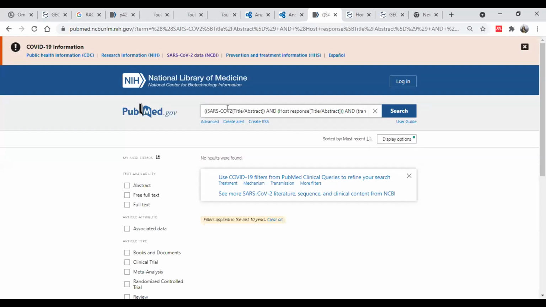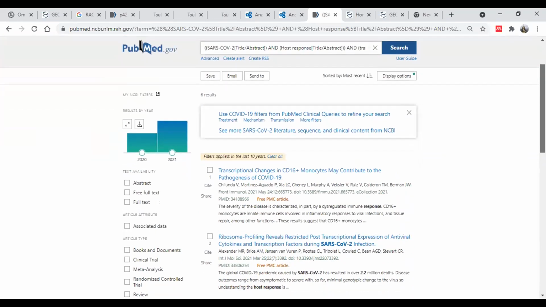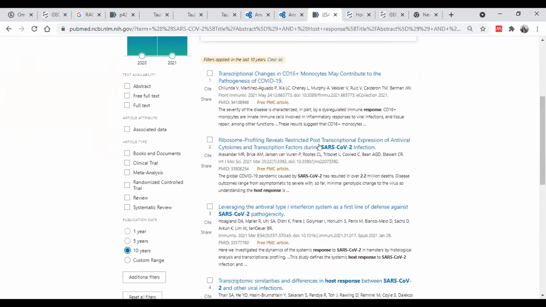So with this particular query, now we are left with nearly 6 results, right? Now, out of this, always try to look at the important recent publications. And most importantly, if you're able to find literature review articles, because the review articles usually cover the broader perspective of what is already done in this area and what are the loopholes. Some of those things are usually discussed in the review. So always go through the review articles that are associated with your specific research interest.